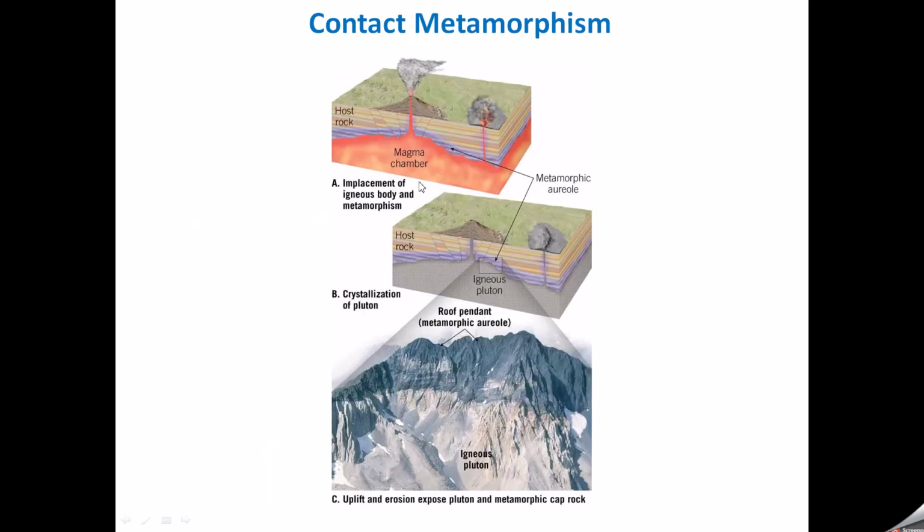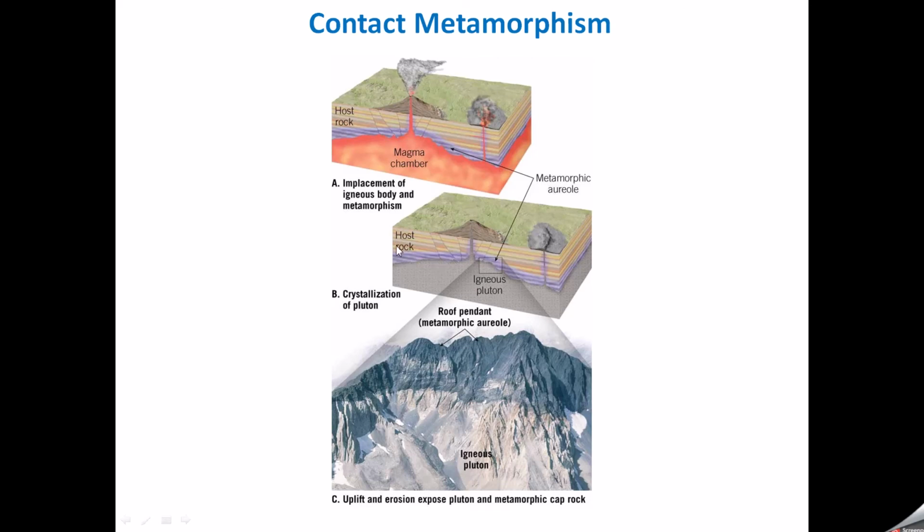Now let's look at the aureole. So we have a magma body, a chamber, and we have host rocks, sedimentary rocks. The magenta zone between the magma and sedimentary rocks, this metamorphic zone, we call it the aureole. And after the igneous body or plutonic body crystallizes, we'll have a crystallized plutonic body, a metamorphic zone, and then sedimentary rocks.